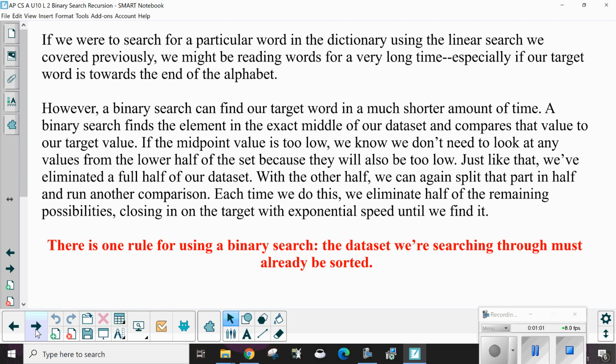A binary search finds the element in the exact middle of our data set and compares that value to our target value. If the midpoint value is too low, we know we don't need to look at any of the values from the lower half of the set because they will also be too low. Just like that, we have eliminated a full half of our data set. With the other half, we can again split that part in half and run another comparison. Each time we do this, we eliminate half of the remaining possibilities, closing in on the target with exponential speed